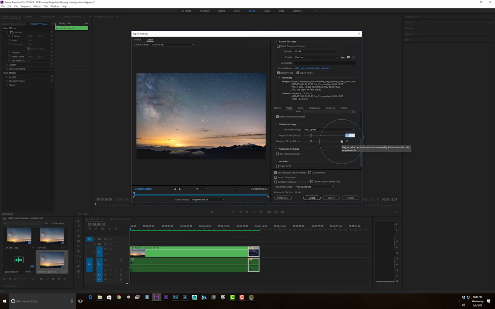And then the main thing is that set your target bit rate minimum to, well, this is a pretty short video, so we'll set minimum and maximum to 15 megabits, and then have it render at maximum depth, which is the maximum bit depth available, so it doesn't compress that at all. And then 2 pass, maximum render quality, says it'll be about 25 megabytes, which is